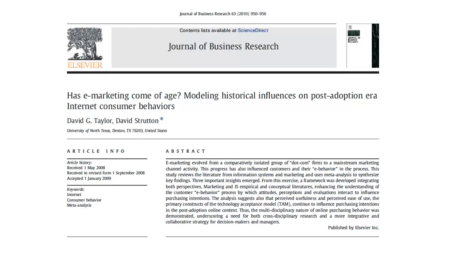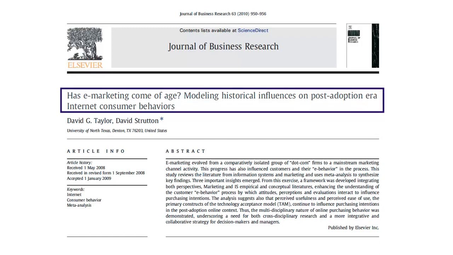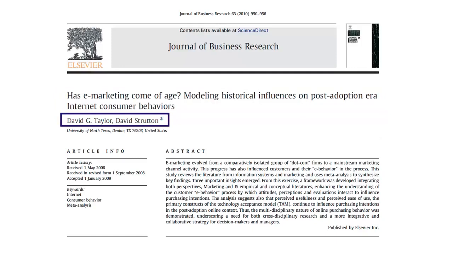We can see that for this particular article, the journal title is actually listed in two places, once at the very top of the page, as well as once just below that. At the very top of the page, we also see the volume, the date of publication, as well as the page range of the article. Underneath the second instance of the journal title, we have the article title, and underneath that we have the names of both the authors.